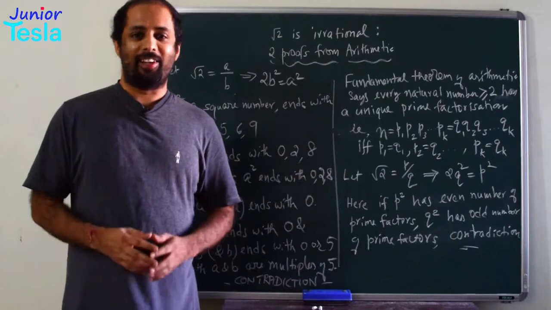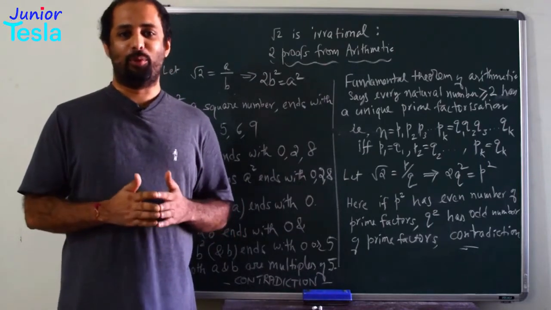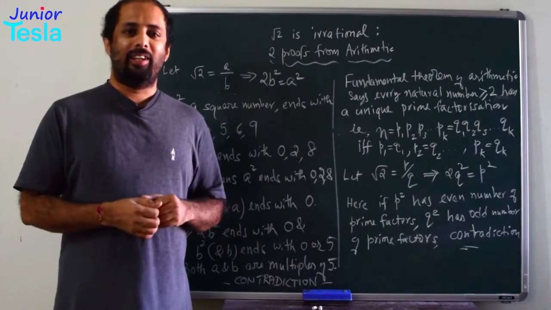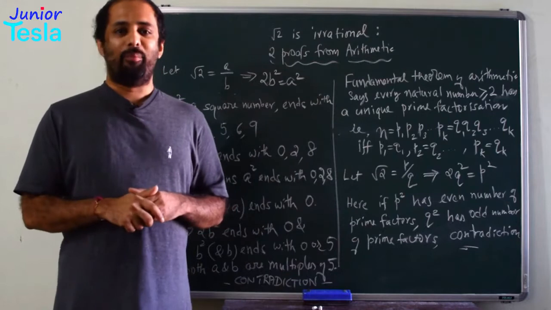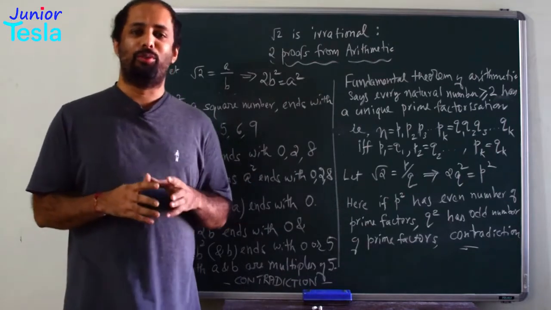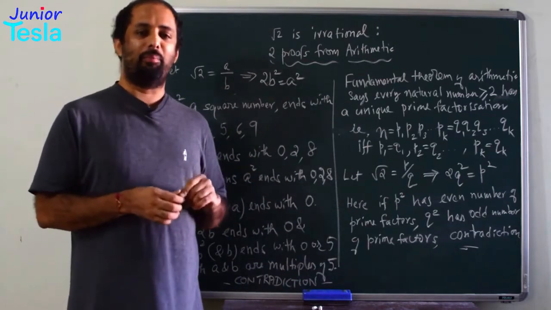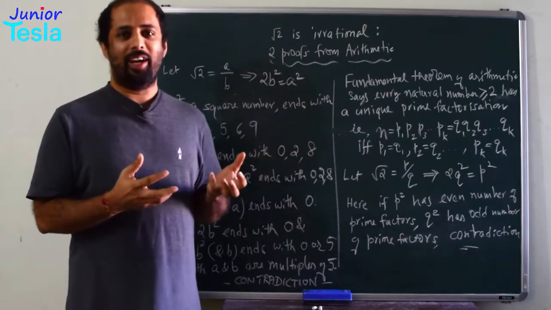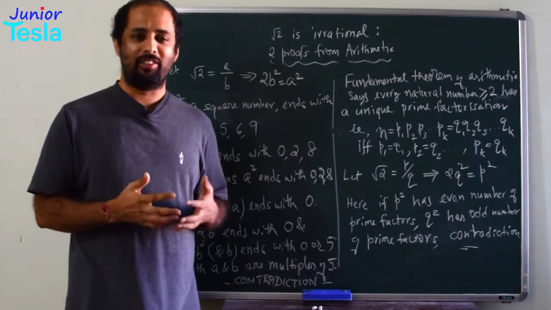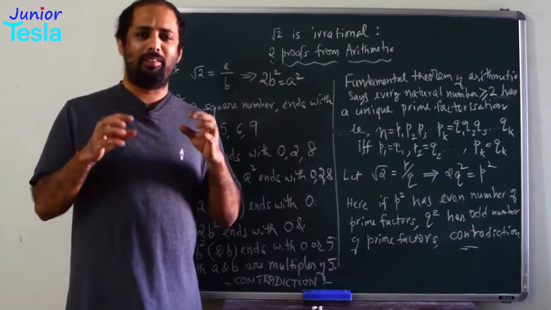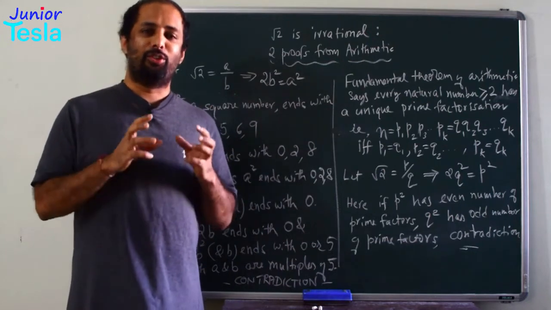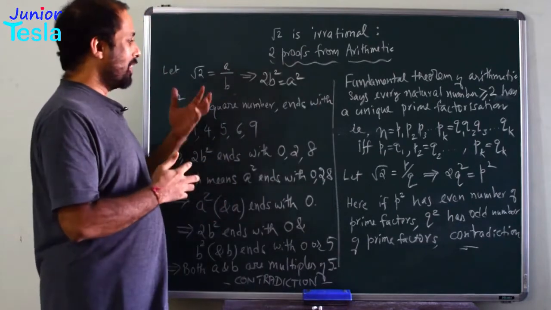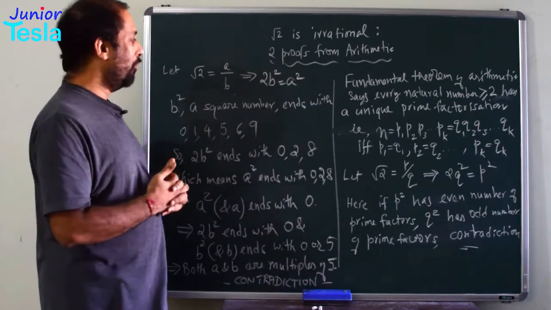Root 2 is irrational. We had already seen this proof using some concepts of algebra and some concepts of geometry. But in this episode, I am going to show you two very simple proofs which involve the basic concepts of arithmetic. They don't involve any unknowns, variables, equations or diagrams. They use very simple basic number properties to show that root 2 is not rational. Let me go through the first proof.